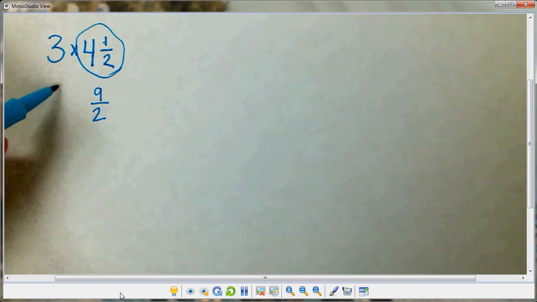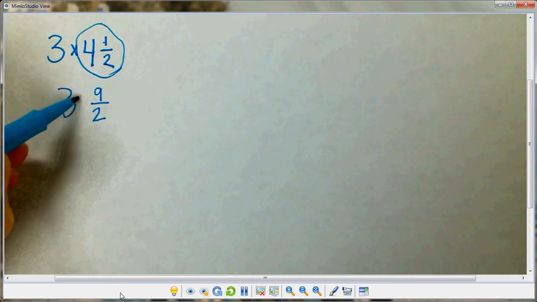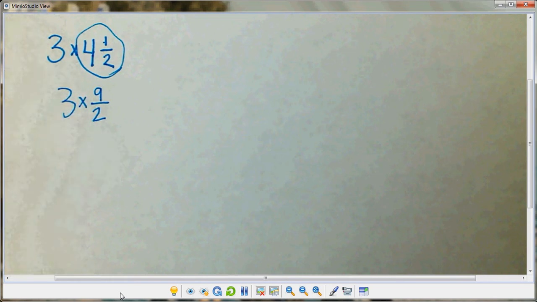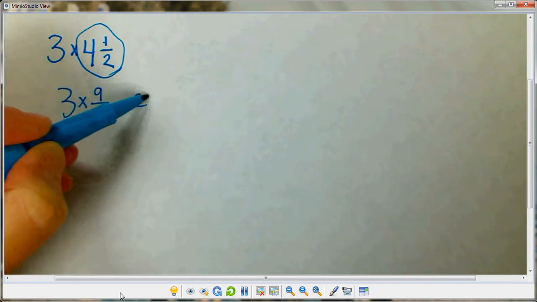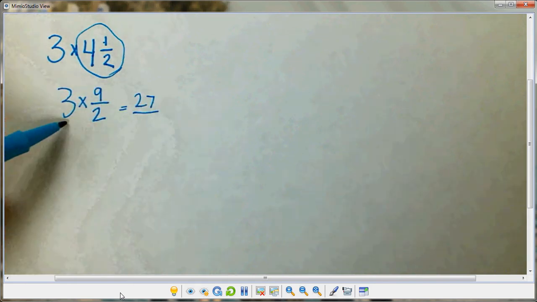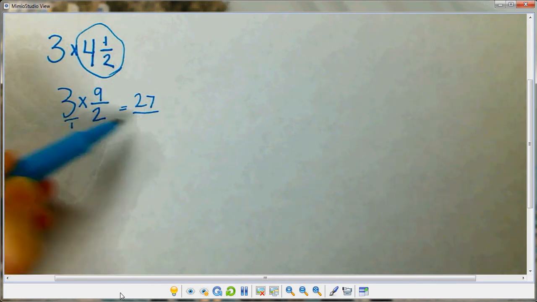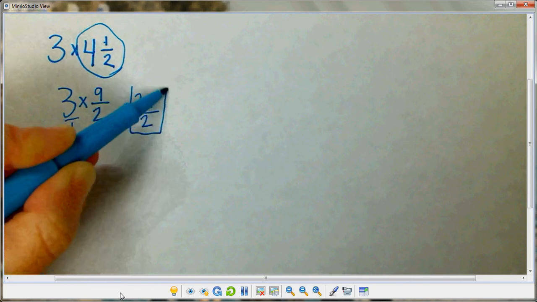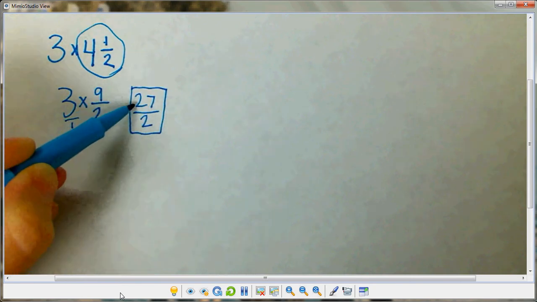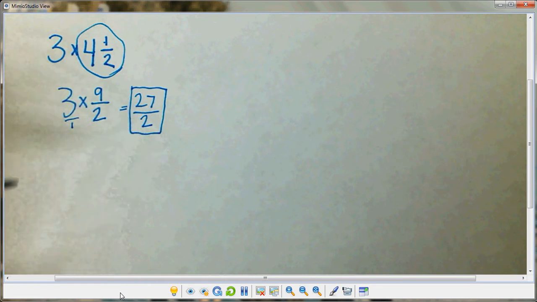And then you're just going to multiply it by your whole number. So you'll finish the problem like you have been, like we did in the other videos. So 3 times 9 is 27. And when this is a whole number, we just pretend that there's a 1 at the bottom. 1 times 2 is 2. So the answer on our test for chapter 9 could be shown as 27/2,